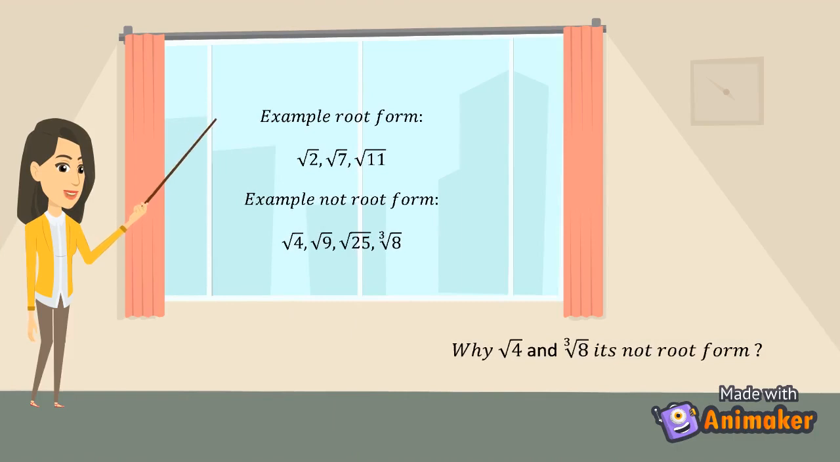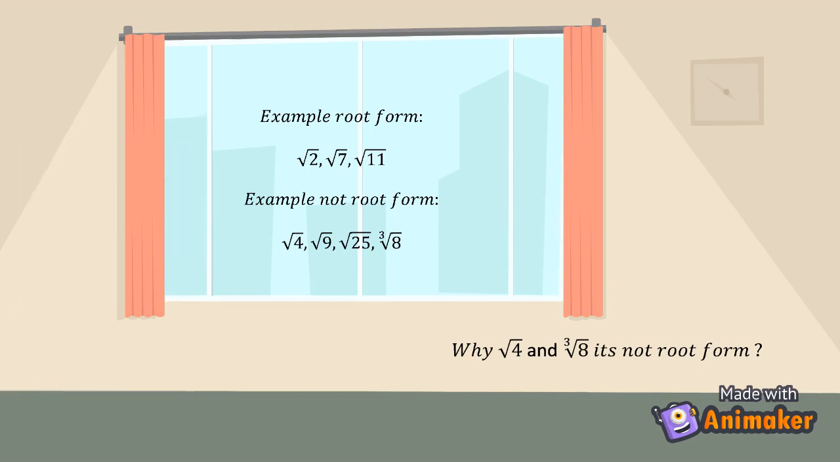Examples of root form: the square root of 2, the square root of 7, the square root of 11. Examples that are not root form: the square root of 4, the square root of 9, the square root of 25, and the cube root of 8. Why are the square root of 4 and the cube root of 8 not root form? Okay, good. Because we